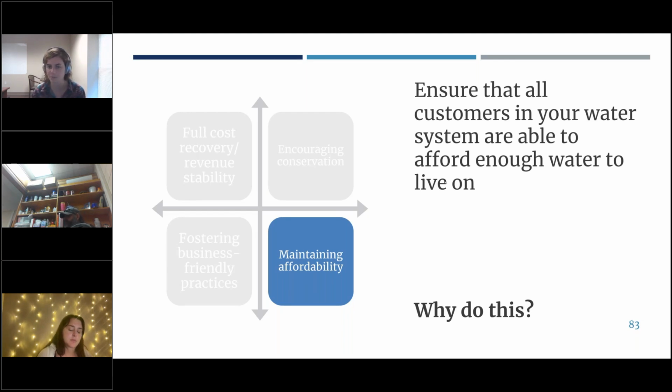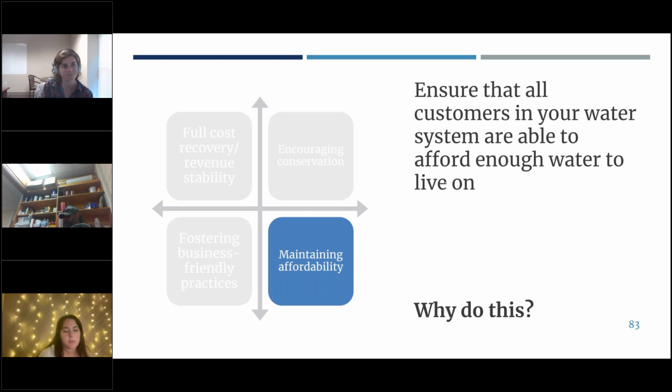It gets back to that public service component. And it's important because water and wastewater systems are public services, right? They are providing basic needs for community members, and you want to make sure that it's not breaking the bank for the folks in your community who might be on a fixed income, right? We often use the example of the widow who lives alone on a fixed income, making sure that you're providing appropriate guardrails so that that individual can continue to afford their water and wastewater services.